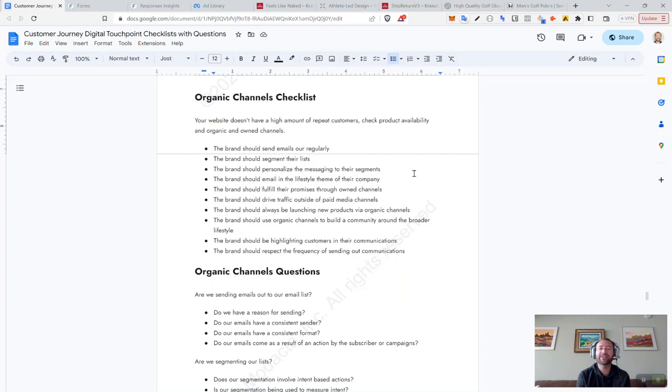Brands should drive traffic outside of paid media channels. This is hard for a lot of brands these days. The quickest route to scale is actually paid, and I'm not going to be here to say that it's not. The quickest route to success is customer journey mapping and data collection. That's 100% the quickest way to success. It's the difference of going from a 1% conversion rate to a 7% conversion rate. The stuff that you're learning in these lessons right now is the keys to the castle in order to have a high converting, well performing website that's able to integrate customer journey touch points throughout.